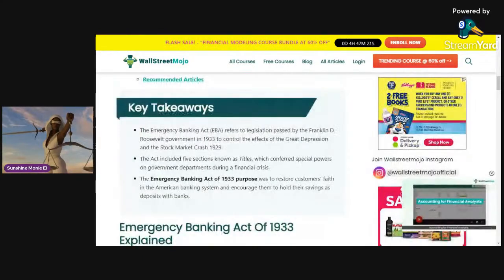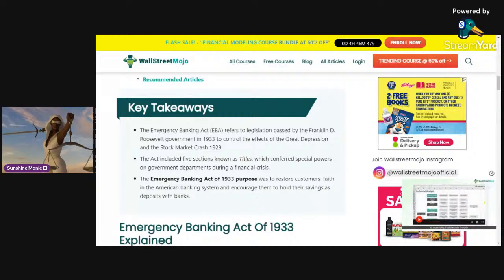Can you read the key takeaways for me, kid? All right. Key takeaways. The Emergency Banking Act, EBA, refers to the legislation passed by the Franklin D. Roosevelt government in 1933 to control the effects of the Great Depression and the stock market crash of 1929. The act included 5 sections known as titles, which conferred special powers on government departments during a financial crisis. The Emergency Banking Act,